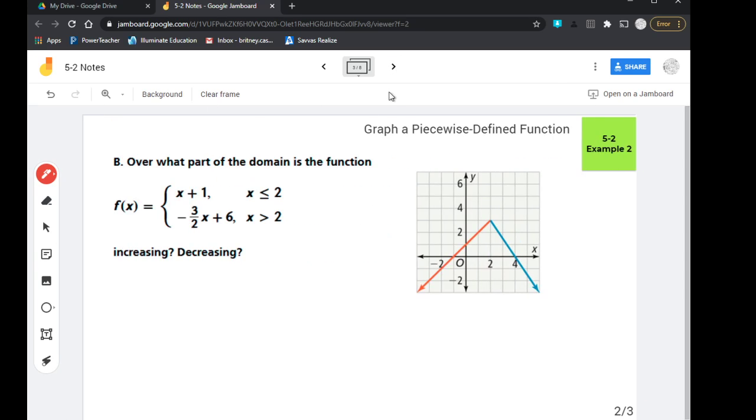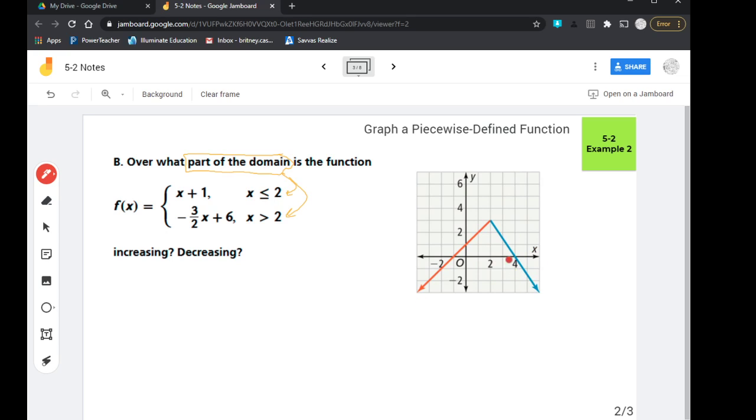Let's go ahead and try this next one. So on this one, it says over what part of the domain, okay, when it's talking about the part of the domain, we are talking about these inequalities. Is the function increasing or decreasing? So they have a graph here, and they just want us to state the inequalities where it's increasing or